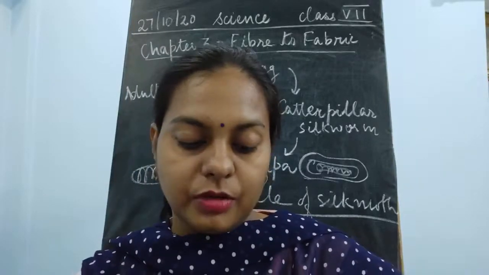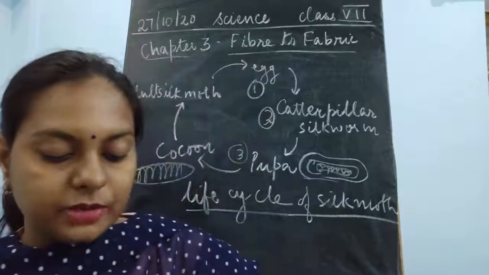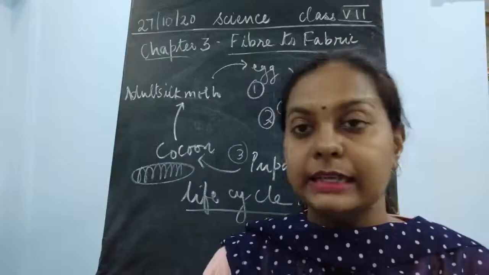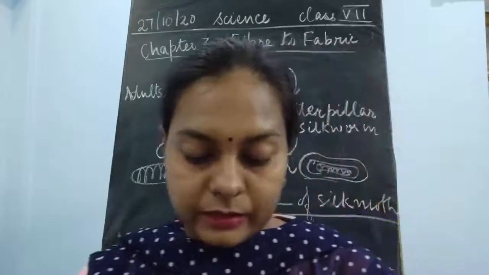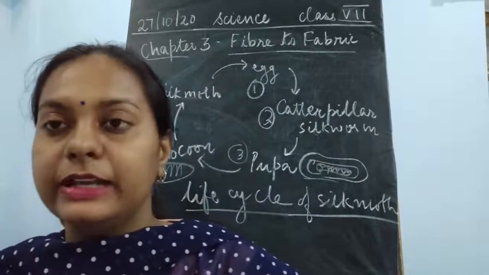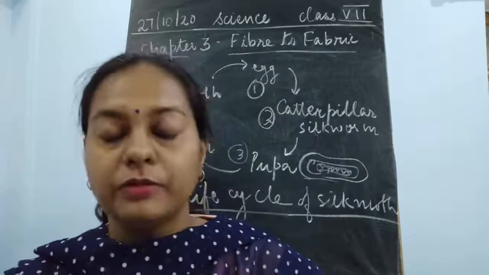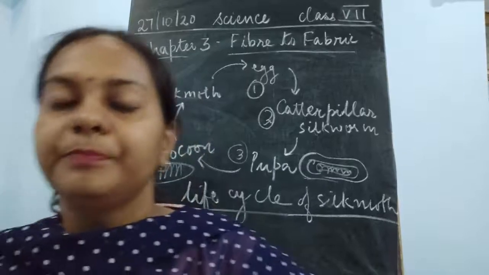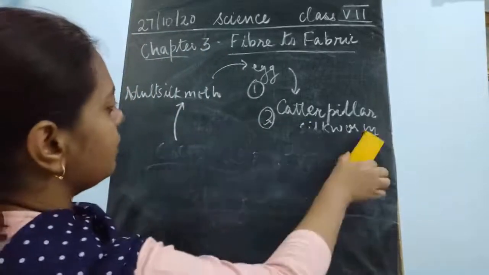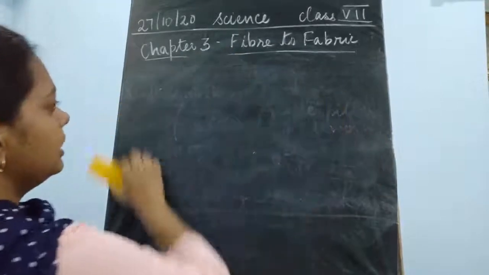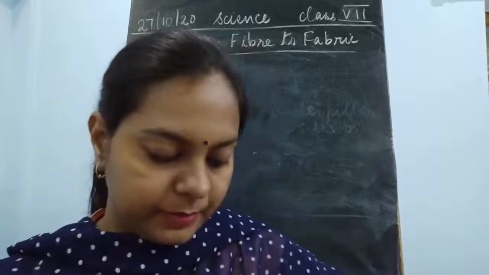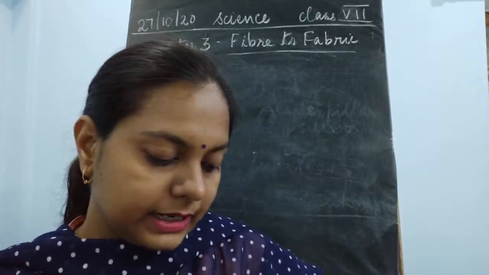Compare the texture of the silk cloth with that of the artificial silk pieces, which contain synthetic fiber. Then try to collect pictures of the different moths whose caterpillars provide various types of silk. So we have to study the different types of silk by collecting photographs. So this was about the life history of the silk moth. Now I'll be telling you more about this second fiber. This is silk.